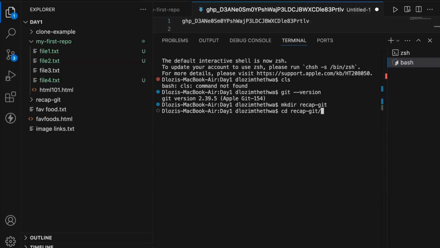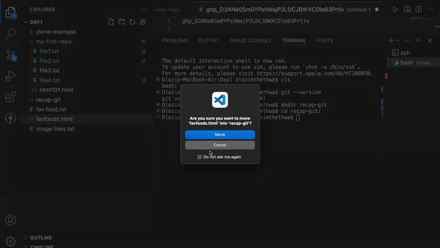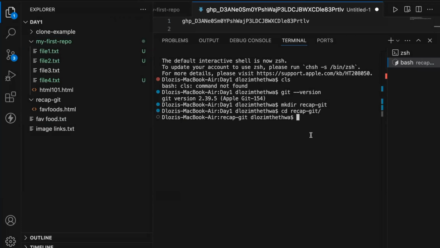I'm going into, cd, change directory, into recap. These are not git commands. They're just terminal commands: change directory and make directory. So now I'm in recap. Remember yesterday I made a favorite foods HTML. I'm just going to move it inside there. Move it, please. So if I say ls, you see it's in there. Now it's just a normal folder. So when I say git init,